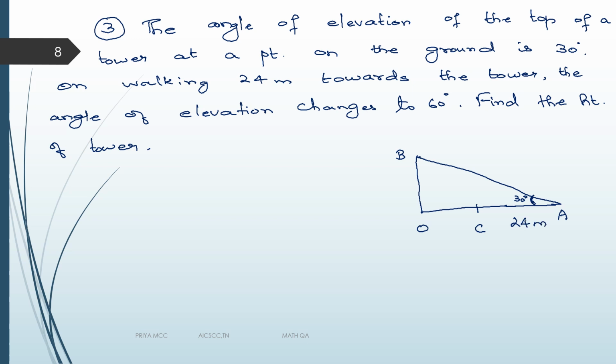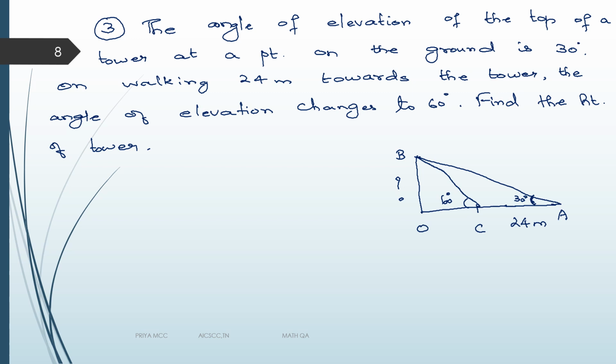The angle of elevation changes. So now you are looking at the tower, and it is now 60 degrees. Do you understand this part? Right? Is this clear to all of you? Walking towards the tower. Now suppose I had told you away from the tower, what will you do? You will go in the other direction. But now I am walking towards the tower. Right? So this is 60 degrees. Now you'll have to find the height of the tower. We want this. Okay, now we don't have any one value.